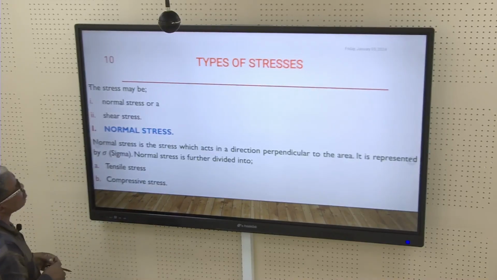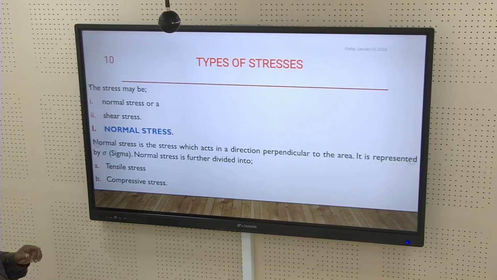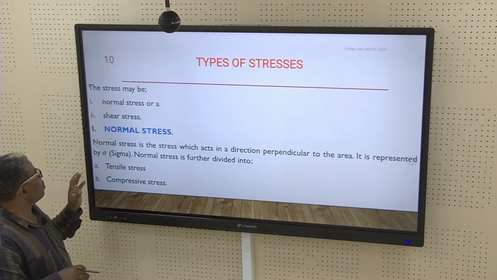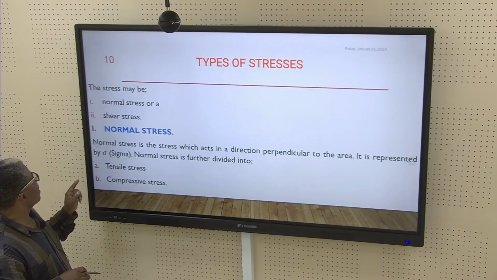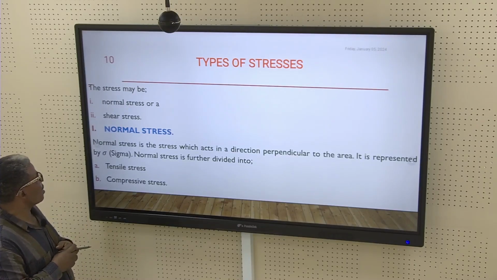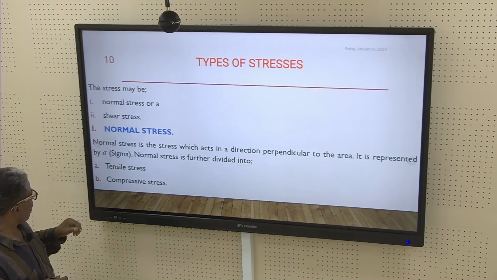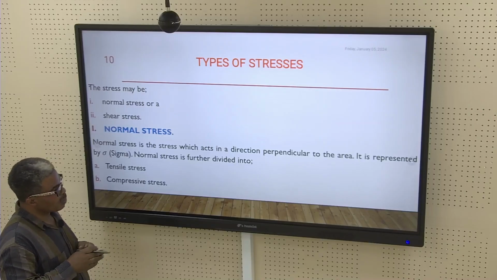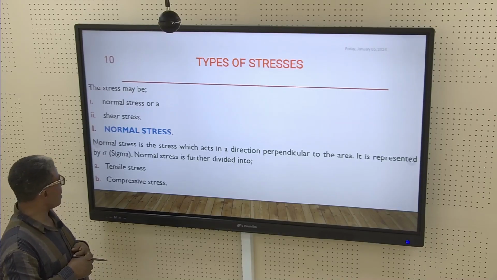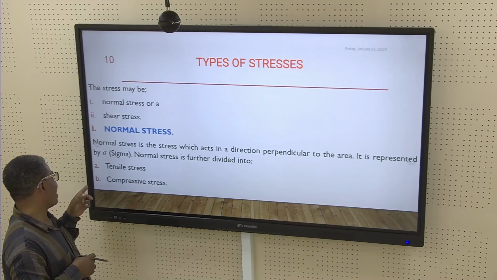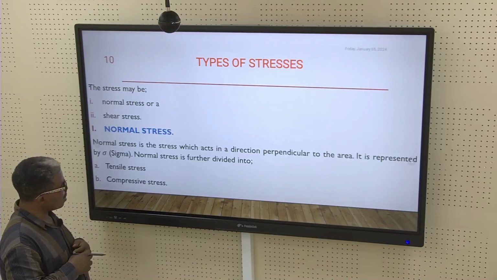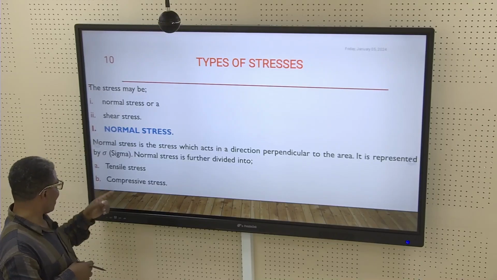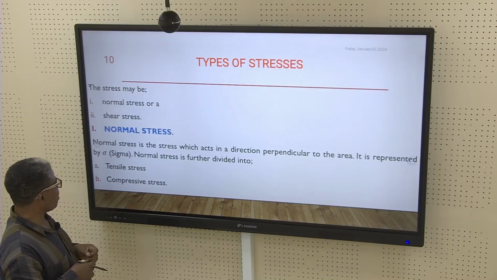Okay, types of stresses. So stresses as well can be of two categories, that is normal stress or shear stress. Let's see what is normal stress. Normal stress is the one acting in a direction perpendicular to the area. It is represented by a letter sigma. Normal stress is further divided into tensile stress, compressive stress,